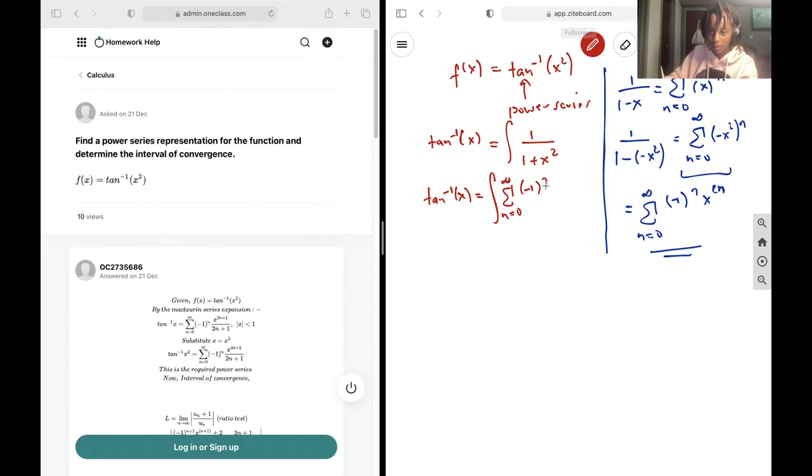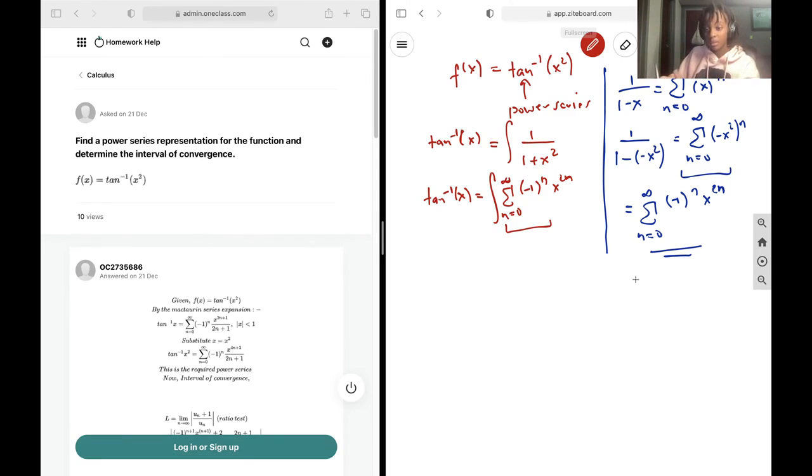So negative 1 to the power of n x to the 2n. Let me just ensure everything is okay. Okay, and so these don't have any dependence on x, so technically you can pull them out,